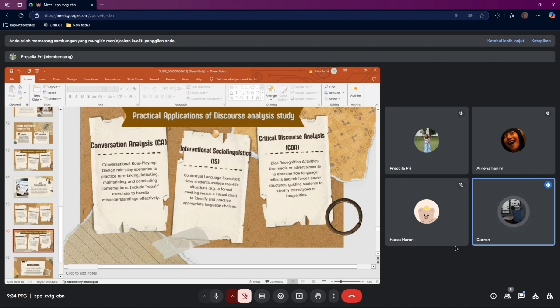and by role playing, they can practice turn taking, initiating, maintaining, and concluding conversation. So in the repair exercise, it means that they reflect on their own strengths and weaknesses after the role play ended. Then we have the